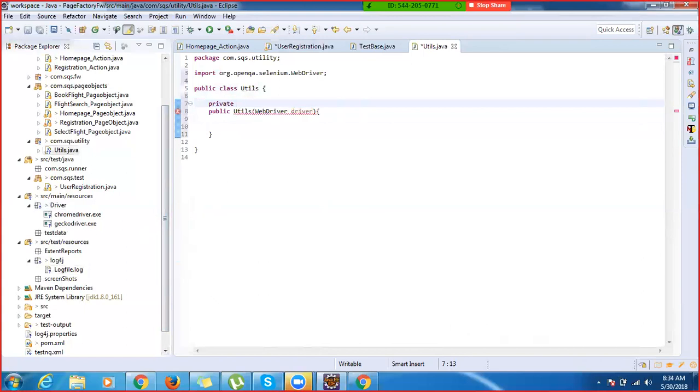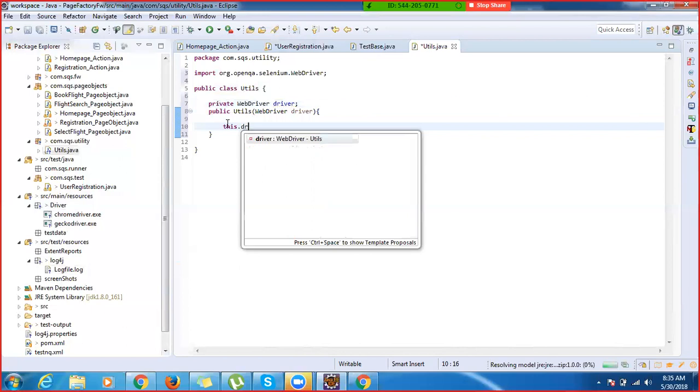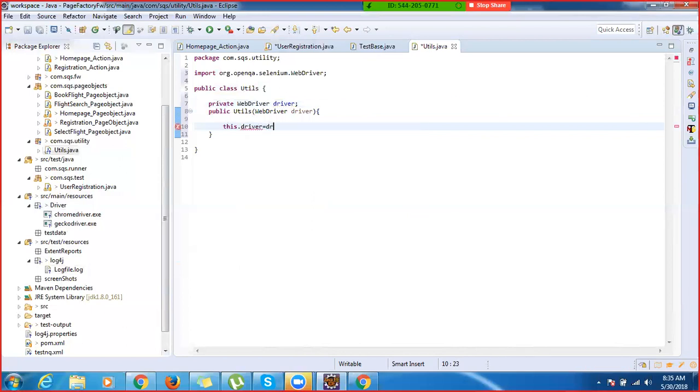private WebDriver driver, fine. So this driver, correct. We can write something like this: